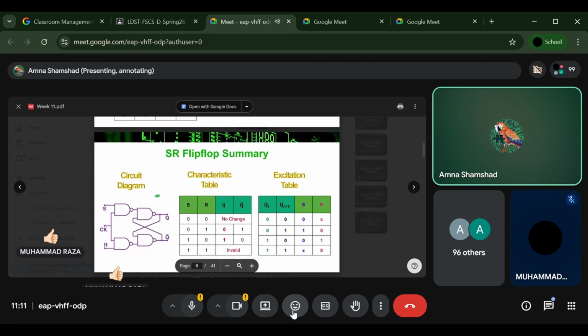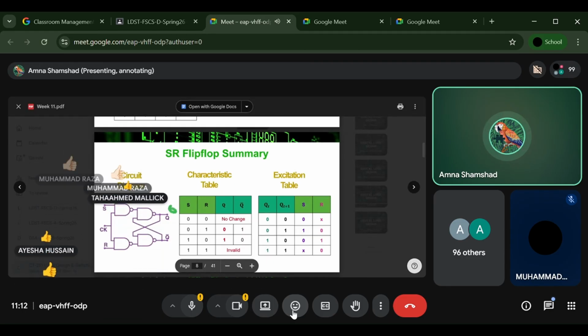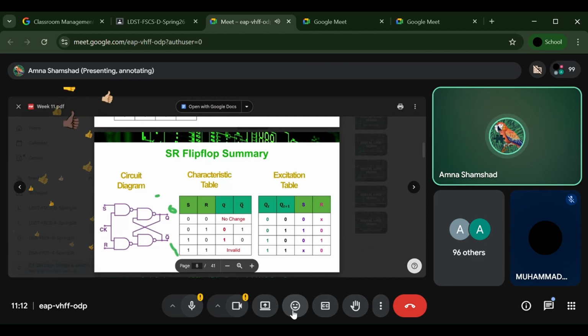Assuming that this is 0, this is 1. If this is 0, this is 1, you have 0 over there and you have 1 over there. And this time on S you have 1 and on R you have 0. This 1 1 will give you, for NAND, 0. And as soon as we have 1 0 on a NAND, it directly gives you 1.